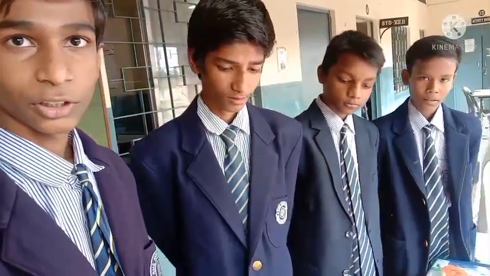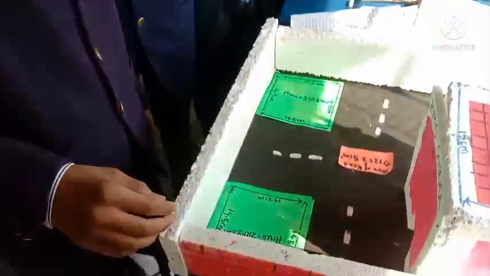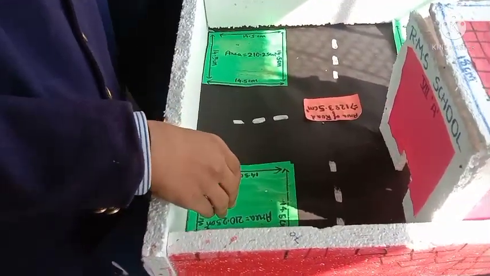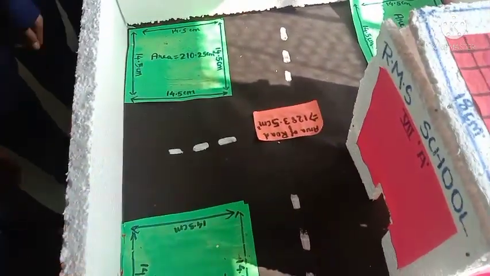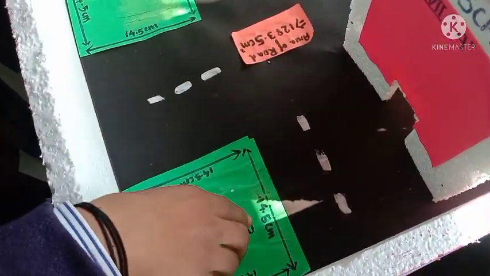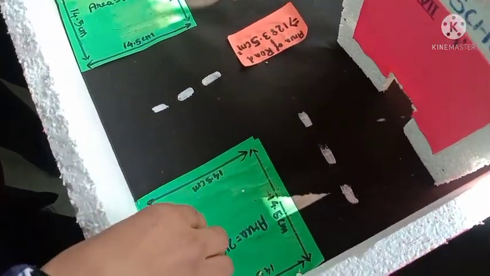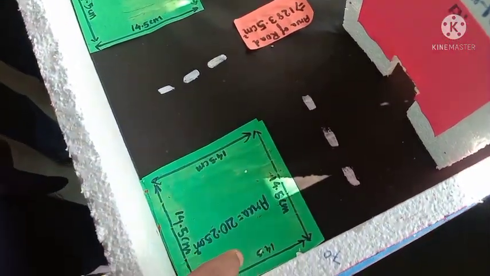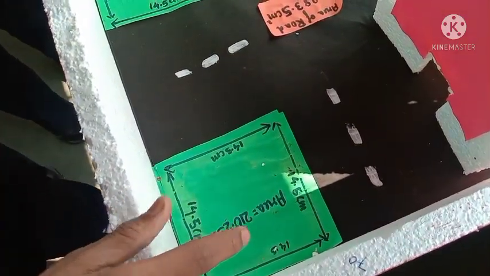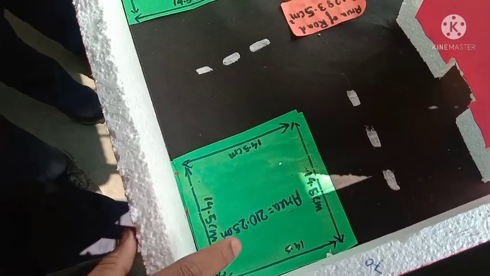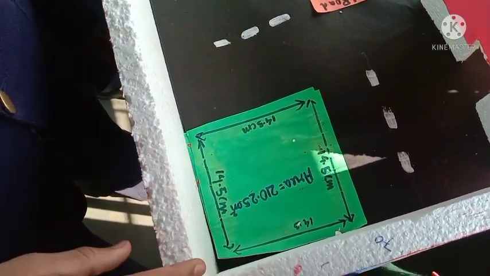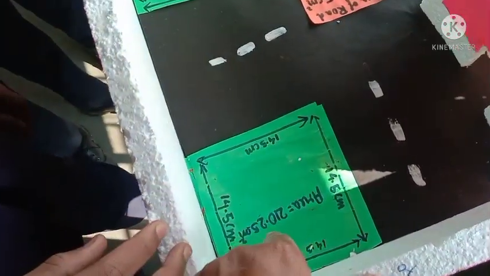We are discussing about square field. So what are you going to find in a square field? The grass field and the path. Okay, the area and path you are going to show, and the path is 14.5 centimeter. One side, okay, next. All sides are 14.5 centimeter. Then the area of the field equals to 210.25 centimeter square. How are you getting this answer?